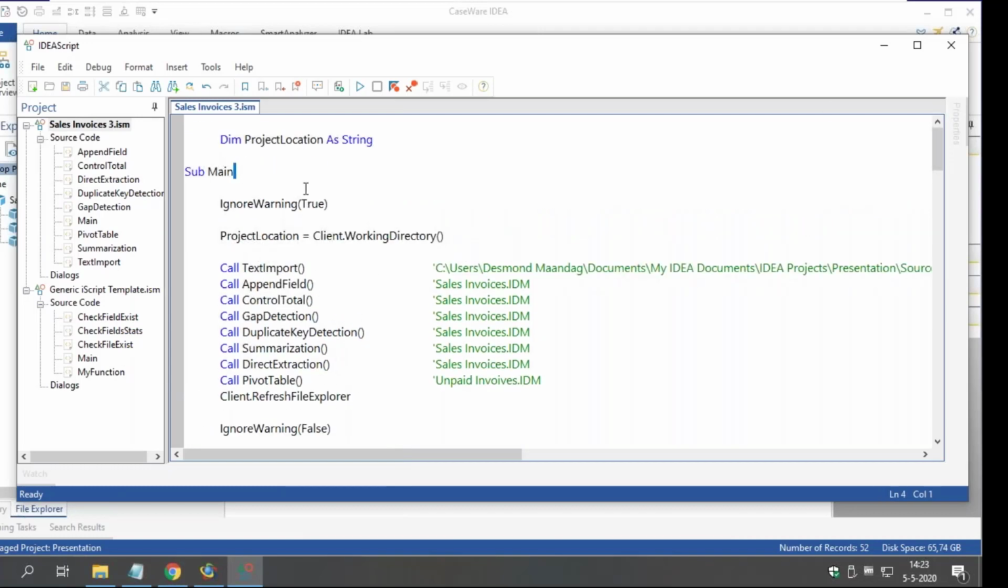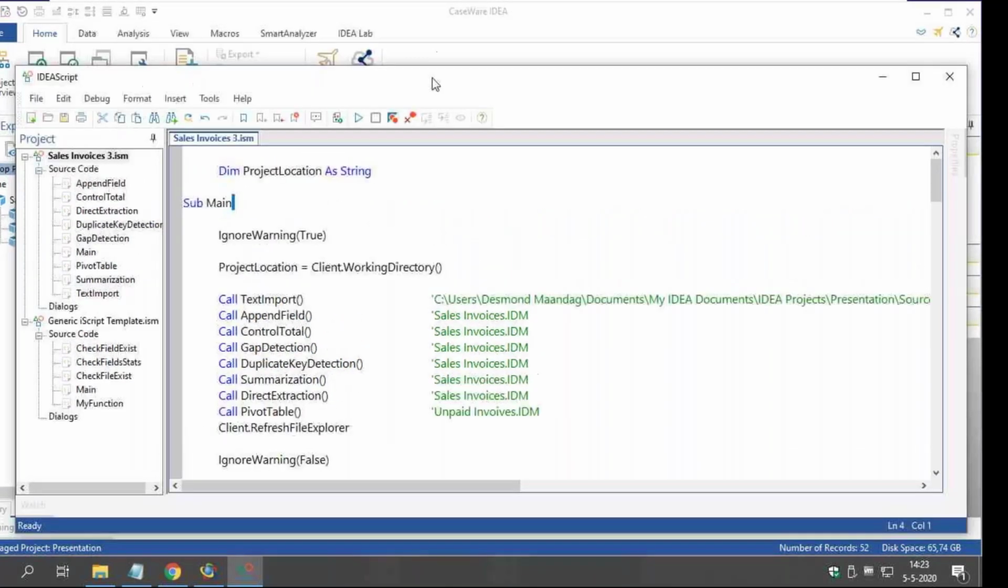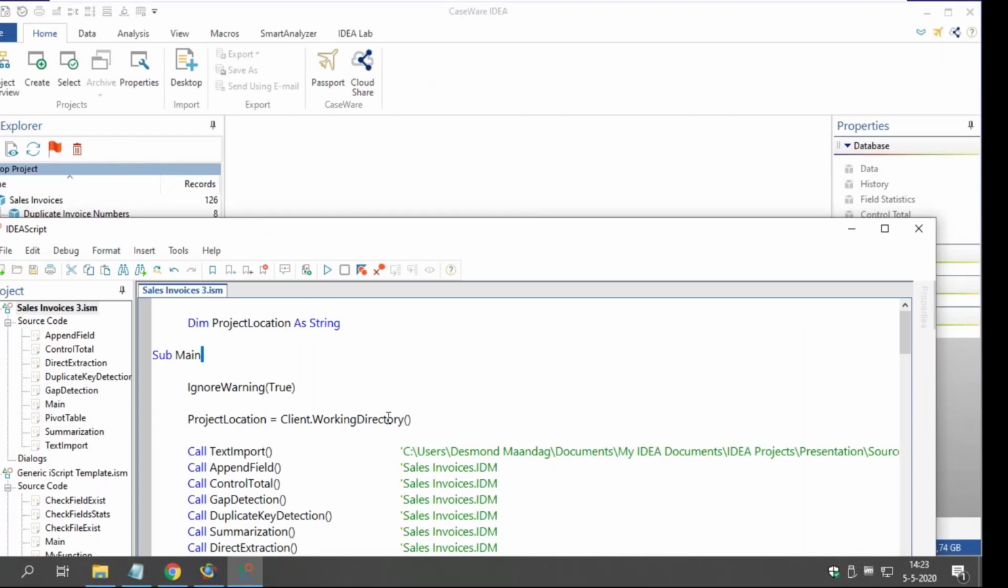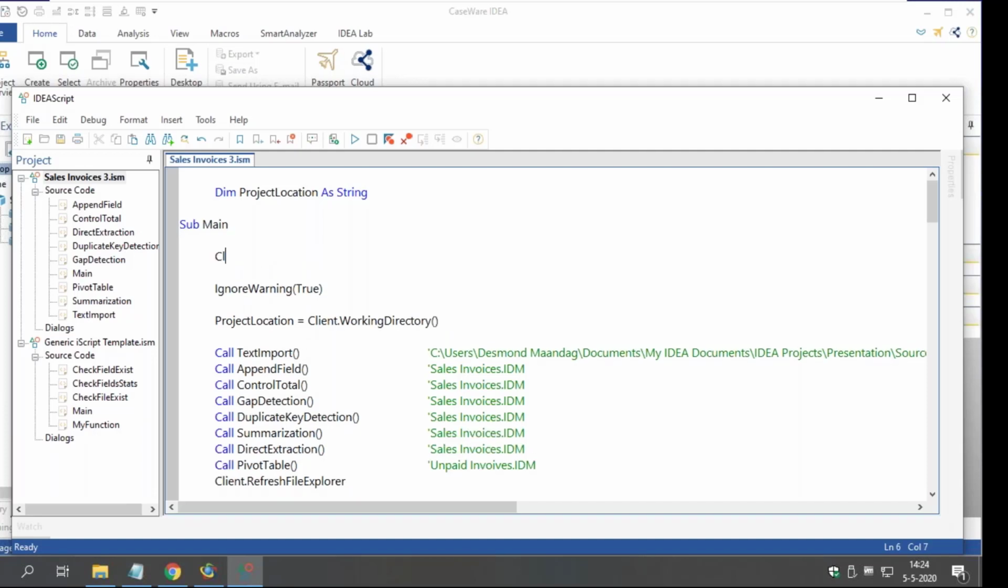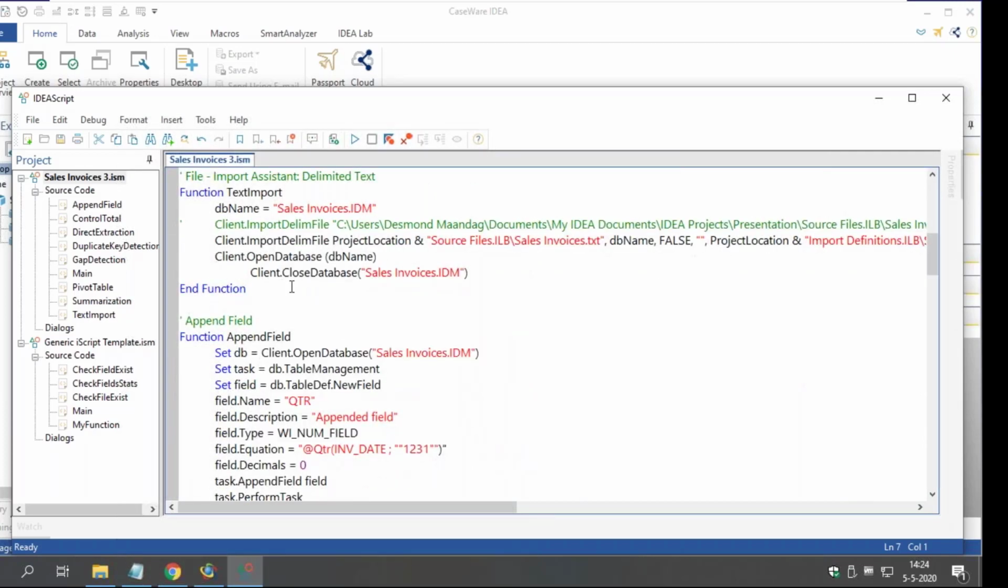One thing in addition: when I have my project, I could still have other files open in IDEA. If you would like to make sure that when you start using the script everything is closed, because the script may run for some time, you can say client.close all. This closes all the files that are open. Only use this command at the beginning of a script. Don't use this command as a replacement for this one,